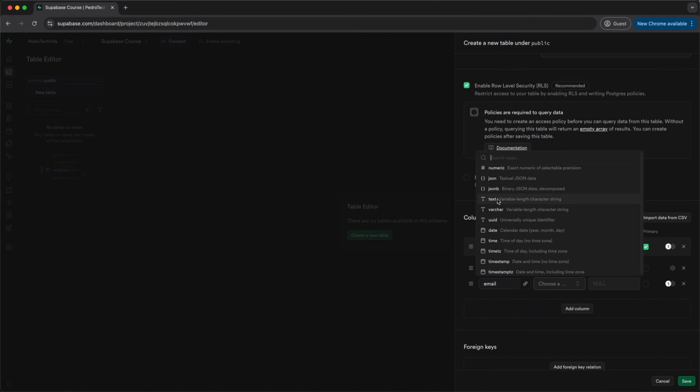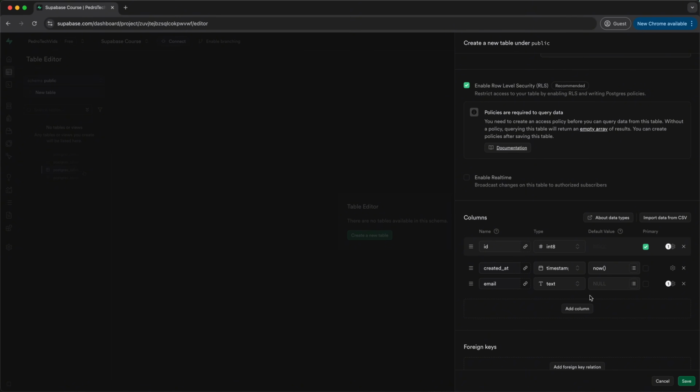But in this case, an email is very reminiscent of a text, right? It's just a variable length character string. I'm going to choose text. Now, for the default value, we won't put anything. We actually don't want to allow users to be created if their email is null, because then they're not a user. If we want to enact that ability to prohibit null values in this column, we'll have to click on